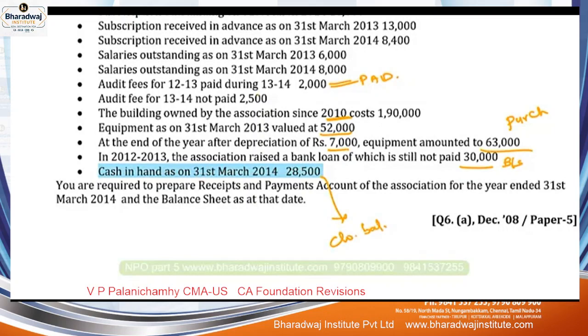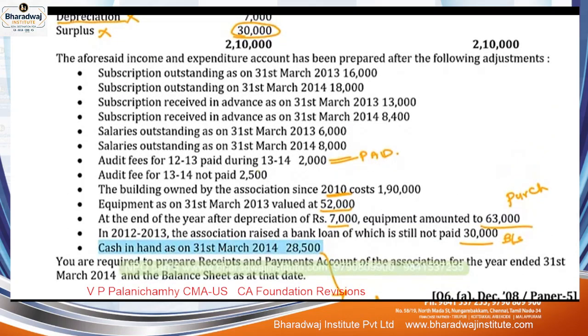So when you prepare receipts and payments account, which one you will get as a balancing figure? So is it possible to do balance sheet first? No. For preparing balance sheet at the beginning of the year, we want opening cash balance. So first we have to finish receipts and payments account. Only then we can find out the opening balance. Then we can prepare opening balance sheet. So what are the workings we have to do?